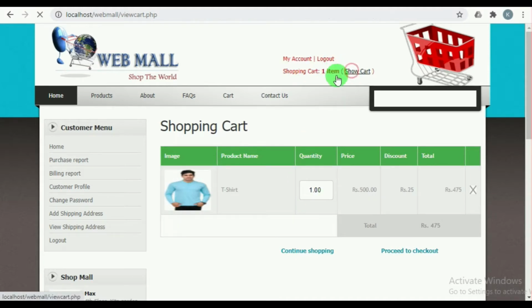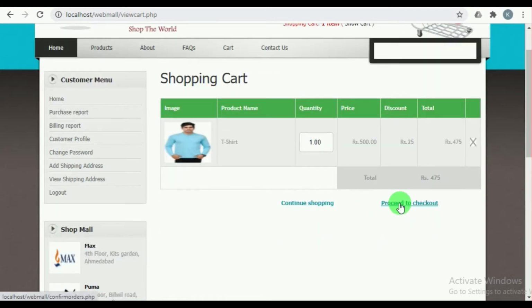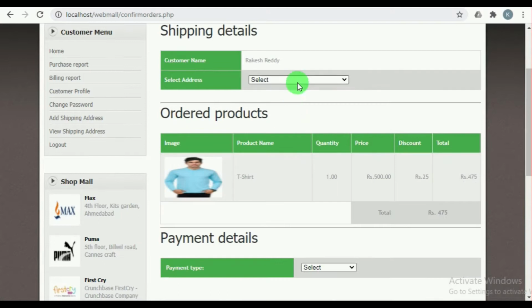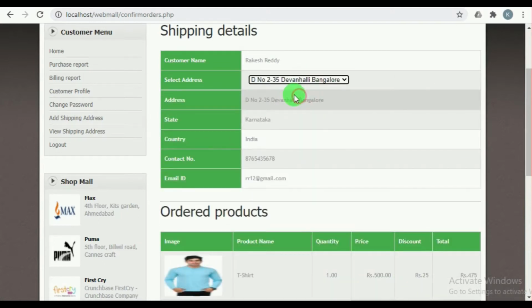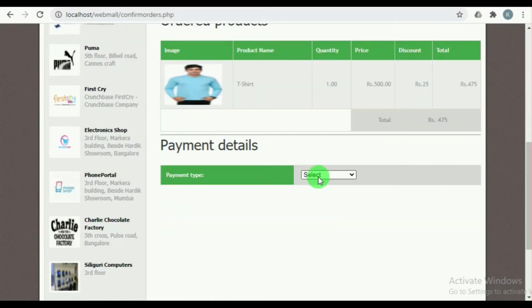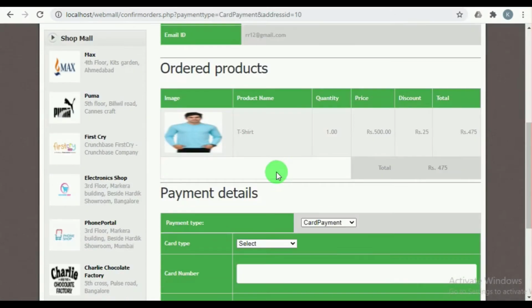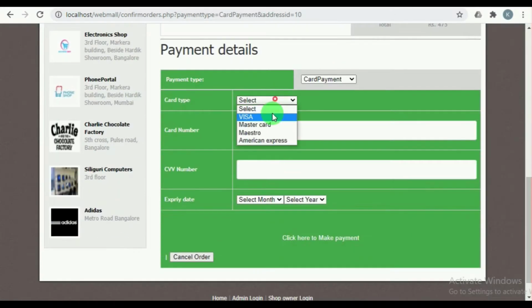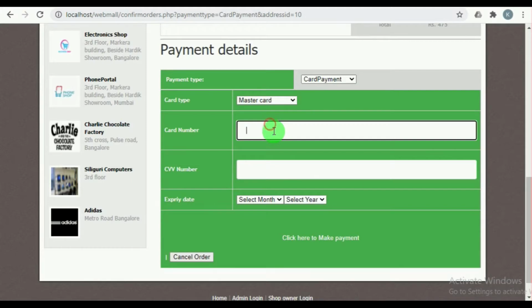We can see that the cart is updated with one item, and we can see the price of that item with the discount amount. On clicking on proceed to checkout, the customer must select his shipping address and then the payment details, either card payment or cash on delivery. On clicking on card payment, must select the card details, that is card type, card number,